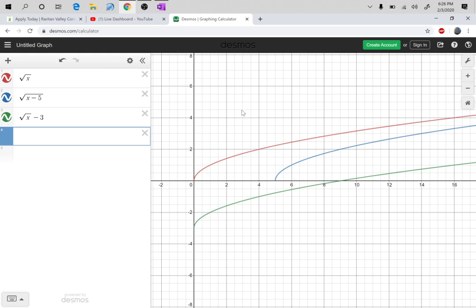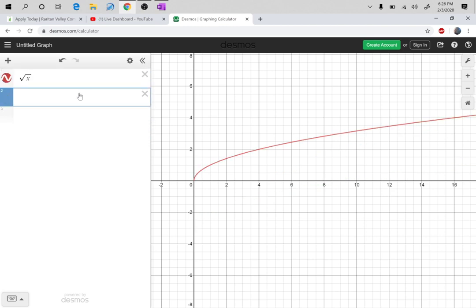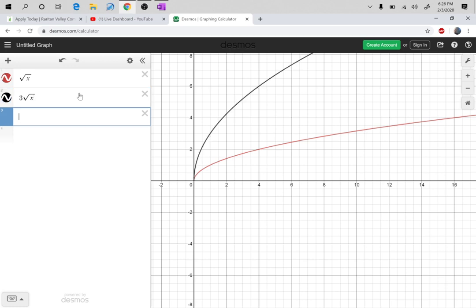Now, this is not what I wanted to show because you understood that very well. So I'm going to kill these and then go here and say 3 times SQRT of x. Do you see what happened? The black graph now is still somewhat the same shape, but it's rising faster. How about we say 1/2, which is 0.5